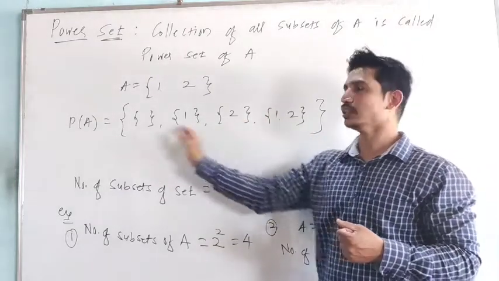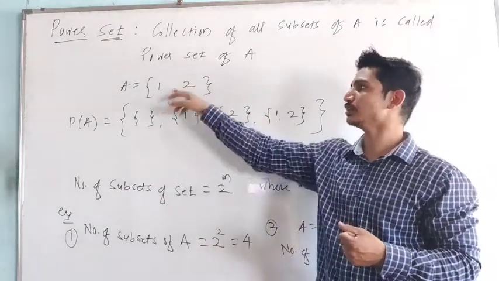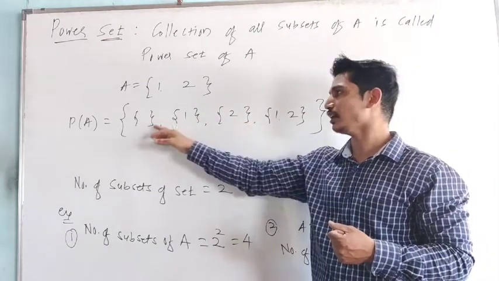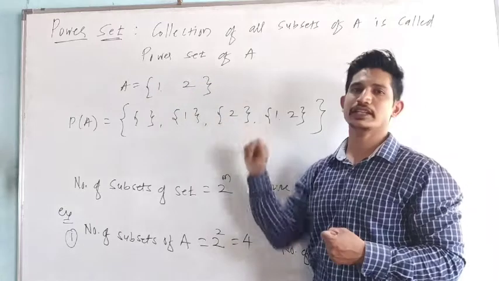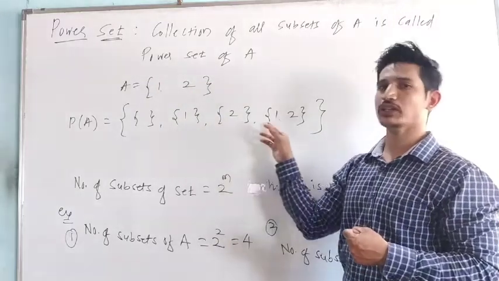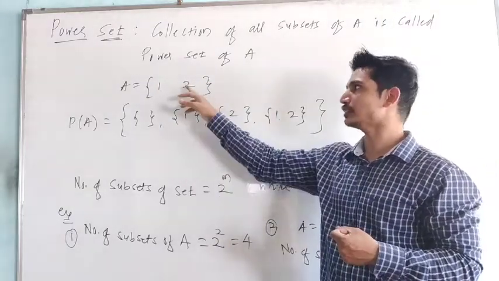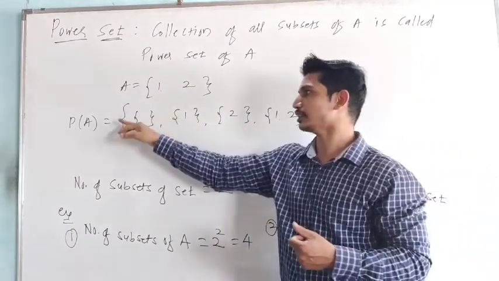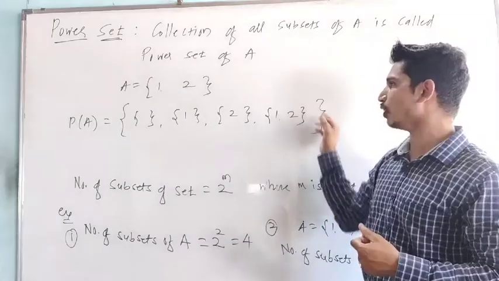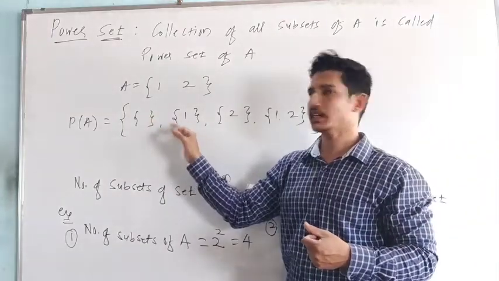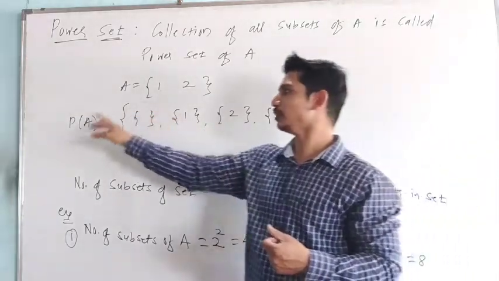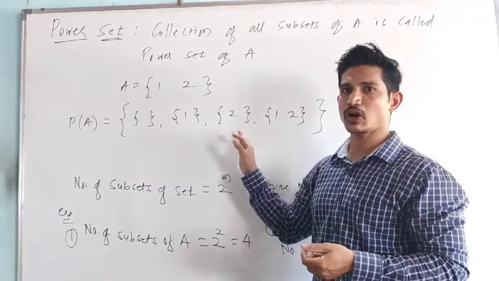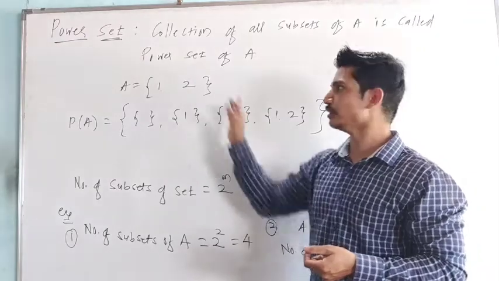So these are all the subsets of a set A. All these are formed from this given set. So all these are called what here? Subsets of a set A. So subsets are here, it's a collection. Collection means we write all the sets in one set. That's why this set is called what here? Power set of A. Means this set is having all the subsets of A.